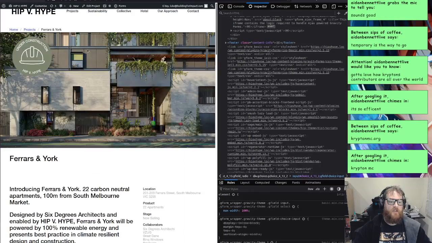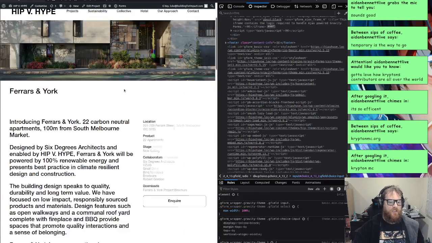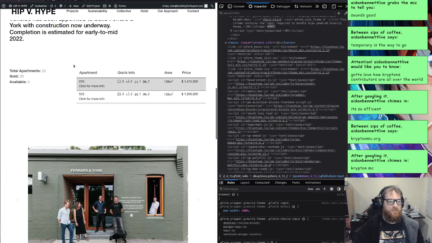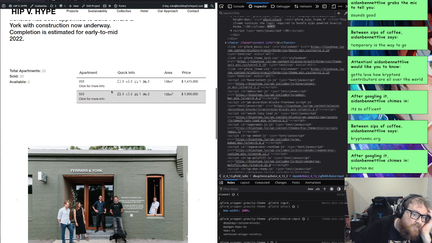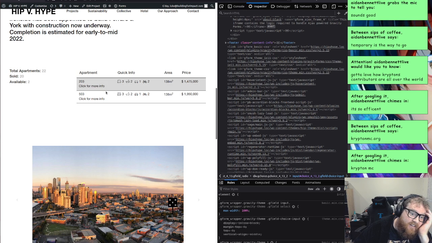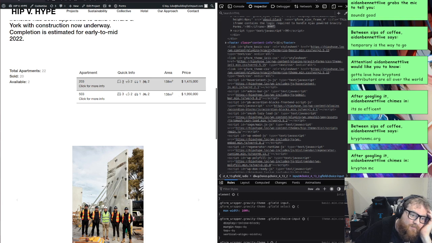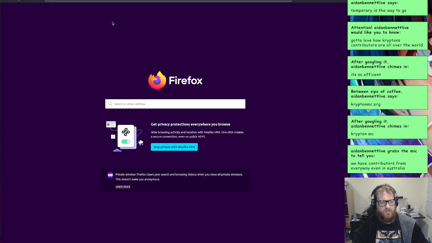All right, so we've done our inquire. What was the other thing? We need to add in filters here for these. I don't have enough on my local, but I can add in a bunch of random ones in there. The idea is we want to filter by bedroom. So on their current site,